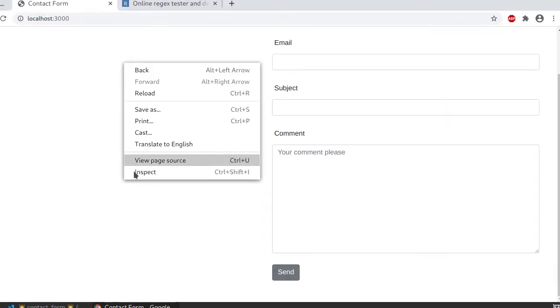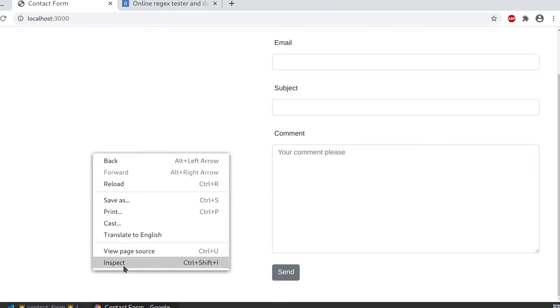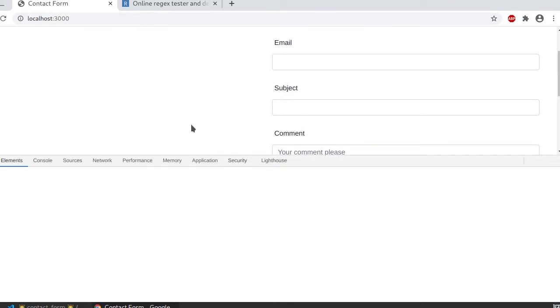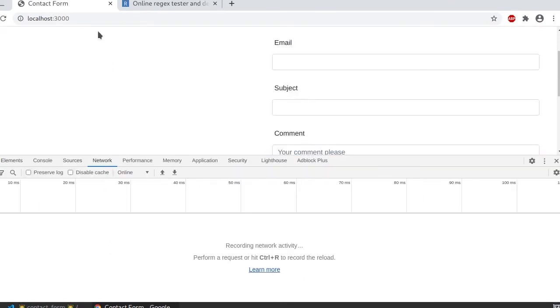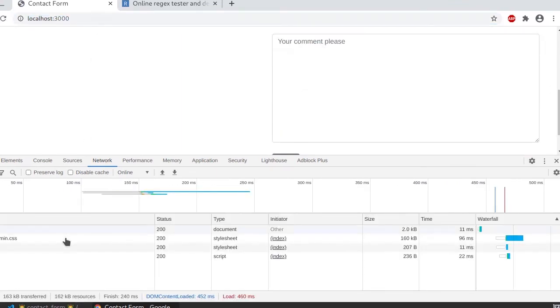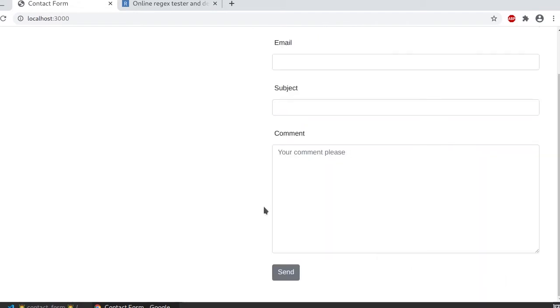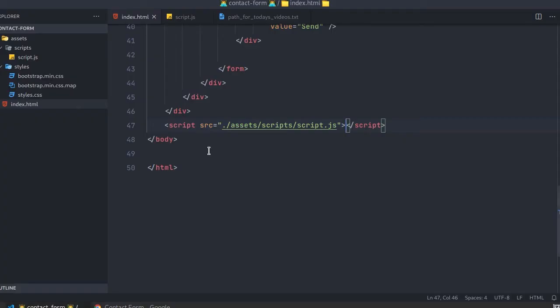Now open it, right click on your browser, inspect it and check the network panel. Reload the page once again and check whether the file script.js is loaded or not. If the status is 200, then everything is okay. Otherwise you need to check the path where you have put your file.